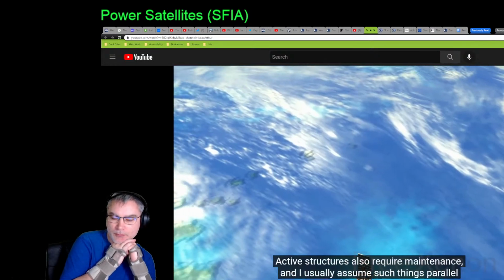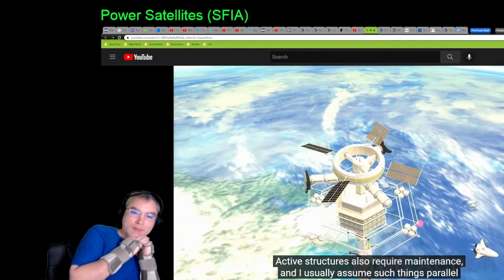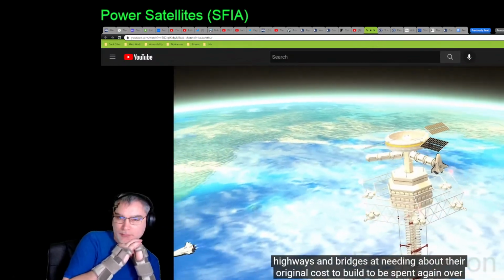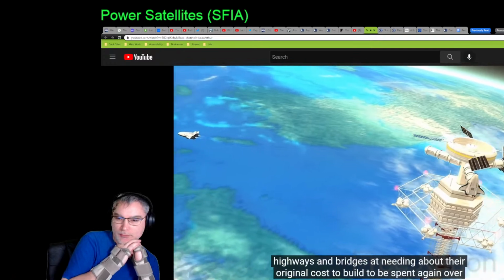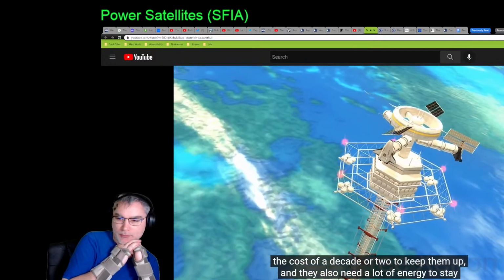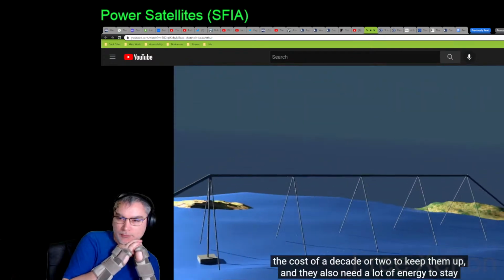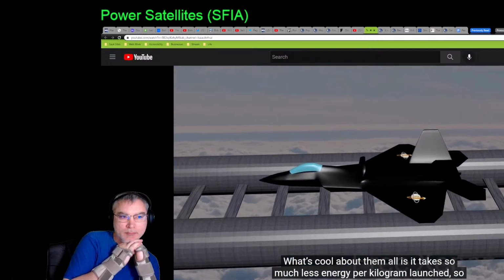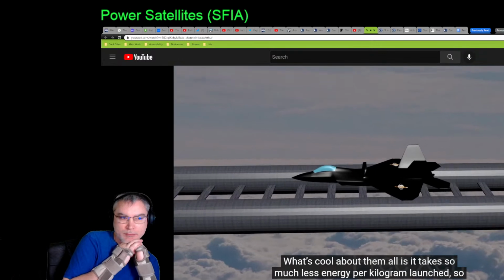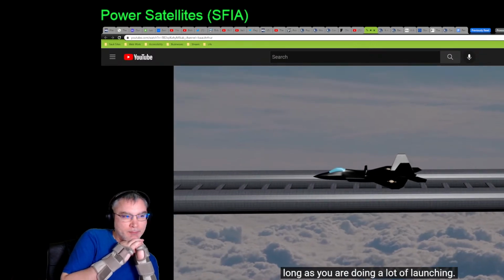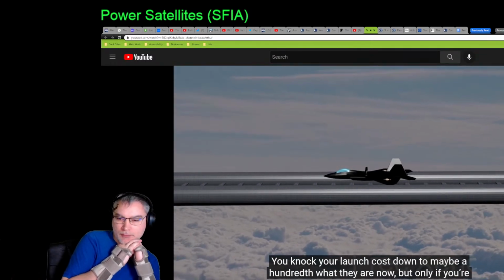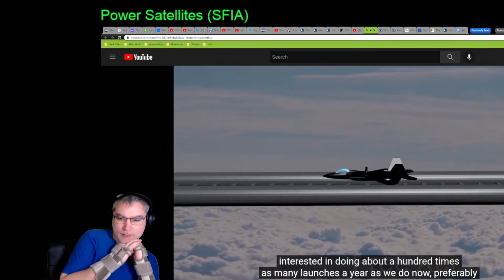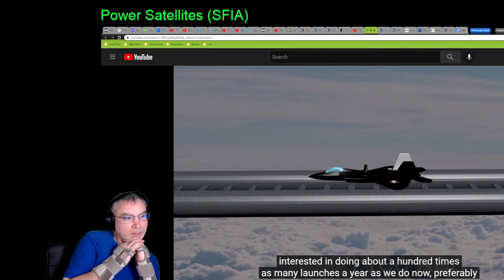Active structures also require maintenance, and I usually assume such things parallel highways and bridges at needing about their original cost to build to be spent again over the cost of a decade or two to keep them up. And they also need a lot of energy to stay up and to launch spaceships. What's cool about them all is that it takes so much less energy per kilogram launched. So long as you're doing a lot of launching, you knock your launch costs down to maybe 1/100th what they are now, but only if you're interested in doing about 100 times as many launches a year as we do